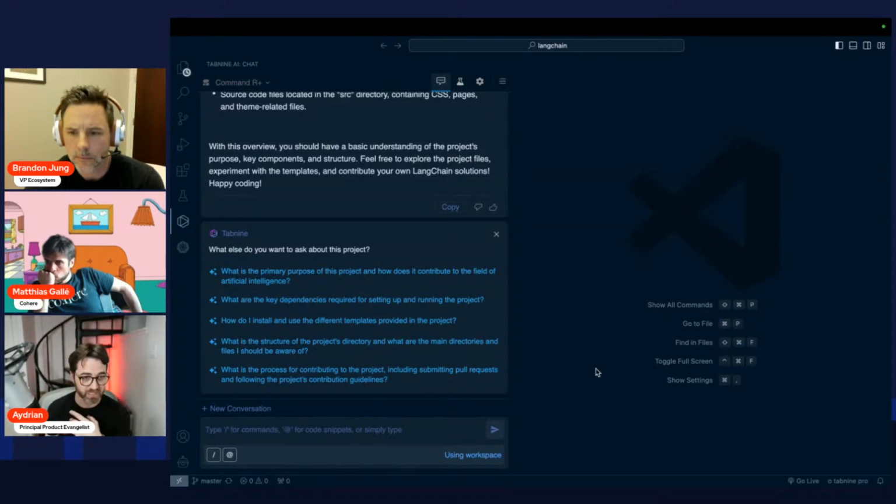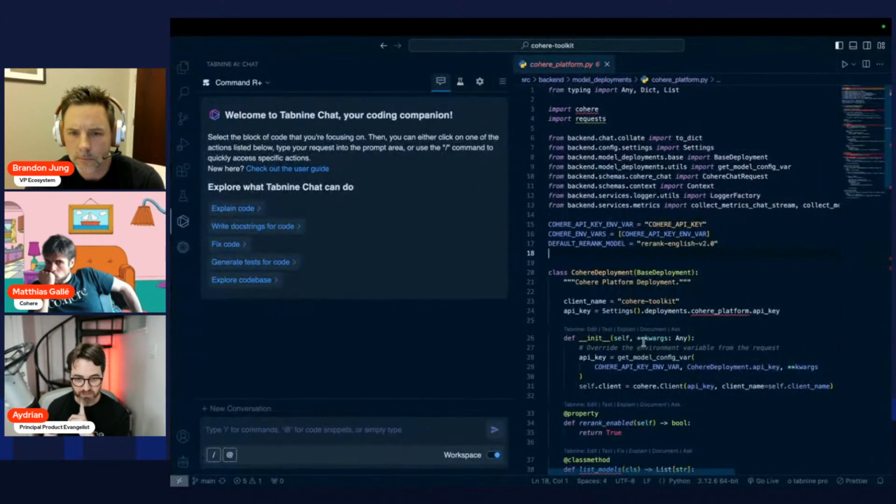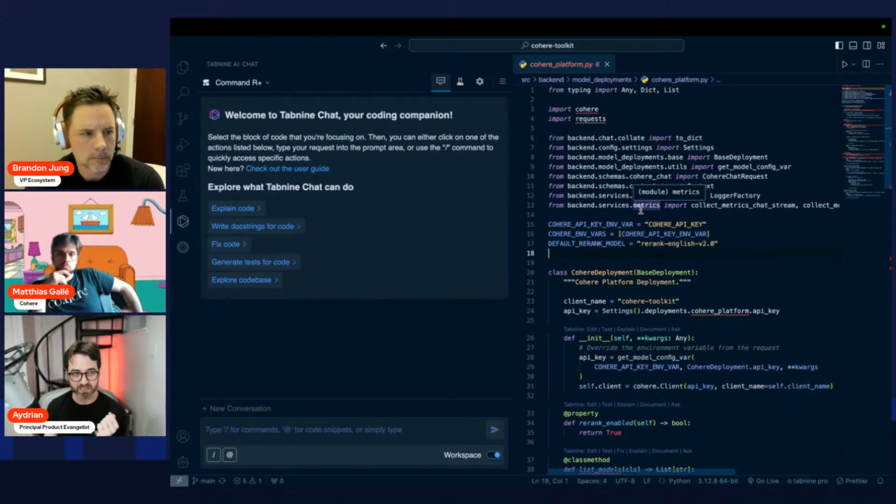The other thing that we went over was over here. Because it has such a great understanding of different coding languages, we can do things like documenting code.